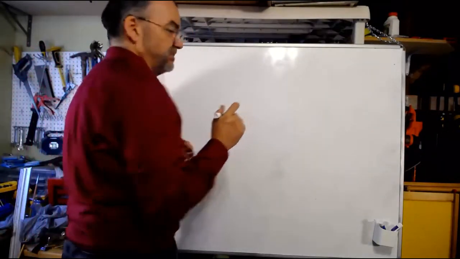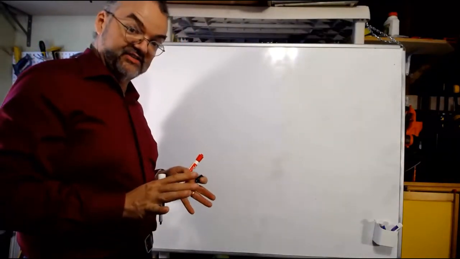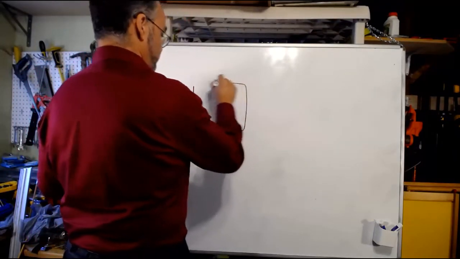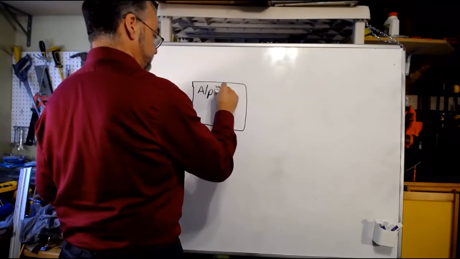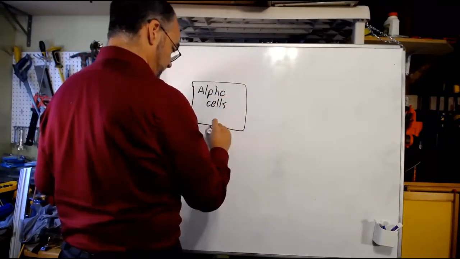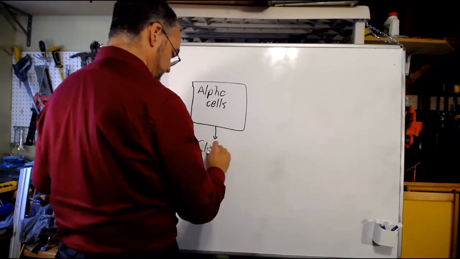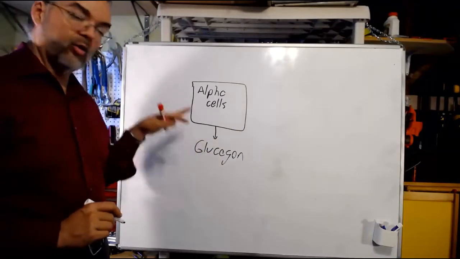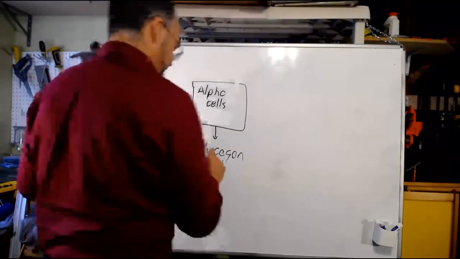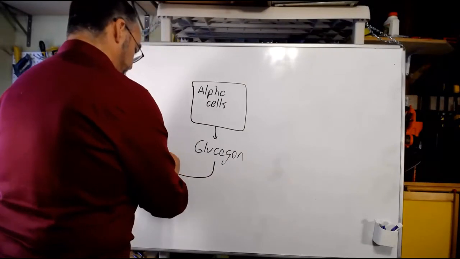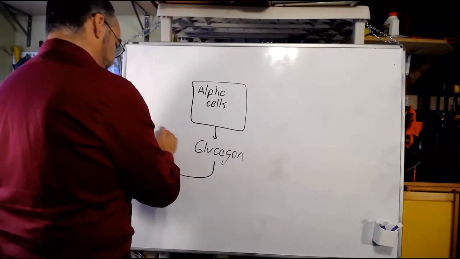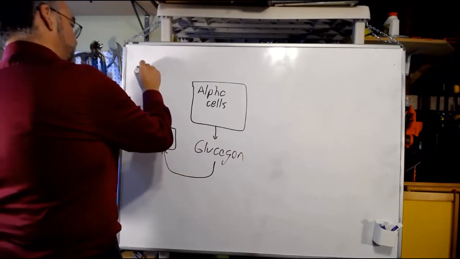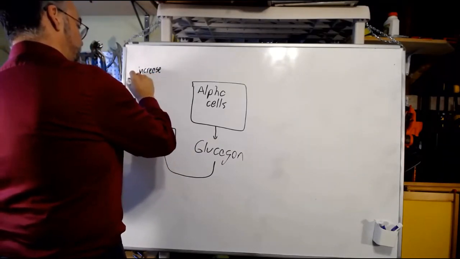So there are actually two different groups of cells in the pancreas that secrete these hormones. We're going to start with the alpha cells. And alpha cells secrete glucagon. Now, the hormone glucagon, its primary effect is on the liver. What it does in the liver is increase glycogen breakdown